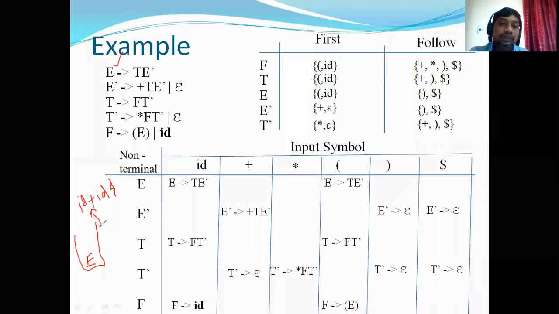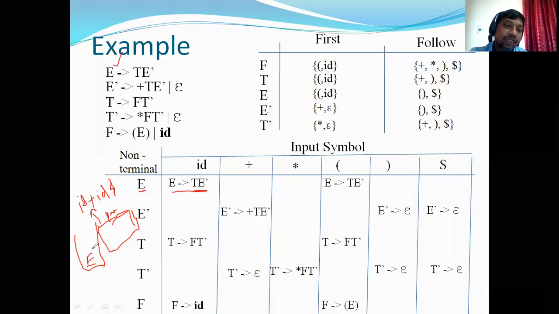Now the LL1 predictive parser will look into the current top of the stack symbol and the current input symbol. Based on this, it will look into the entry in the parsing table. So for E with ID we have this T dash. So what do we have to do? We have to pop off E and expand it with T dash.